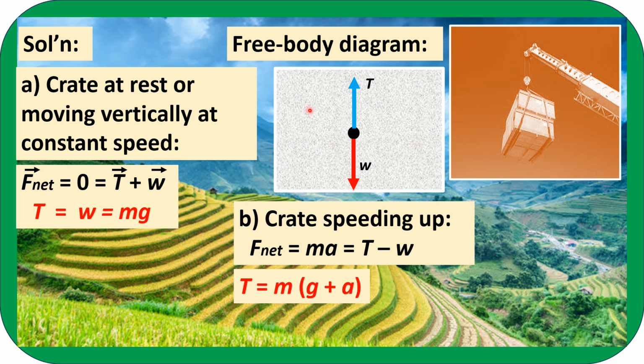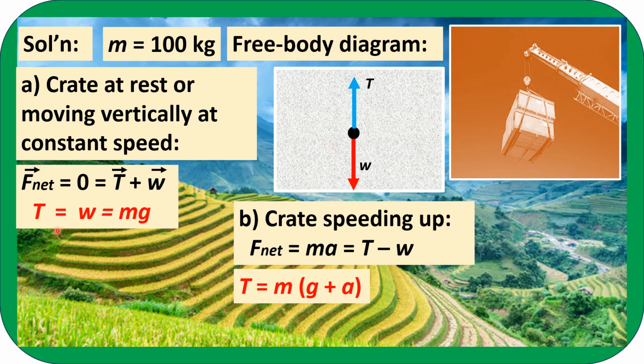All right, so for you to be able to fully understand why we came up with this relationship of the tension force as compared to the weight of the crate, let us quantify and determine quantitatively the amount of the tension force T. And we will do that by assuming that the crate has a mass equal to 100 kilograms. So in case A, where the crate is at rest or moving at constant speed or constant velocity,